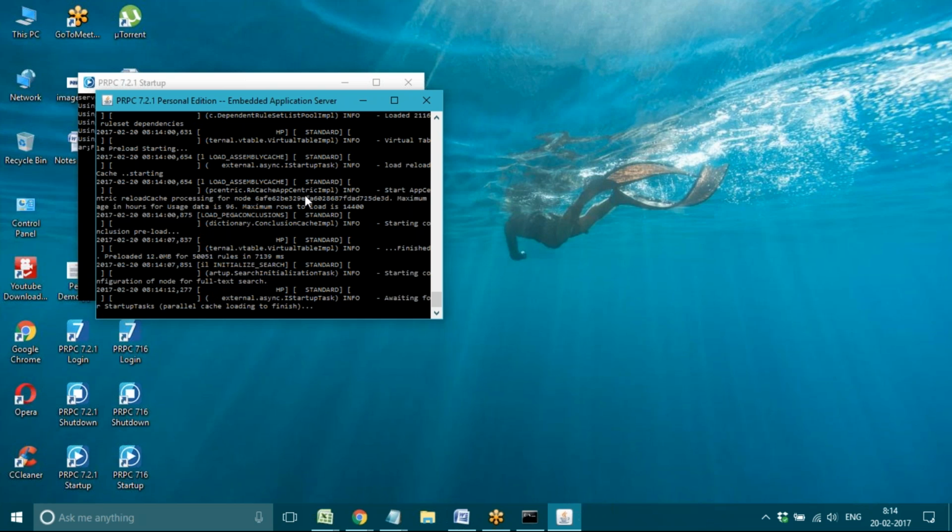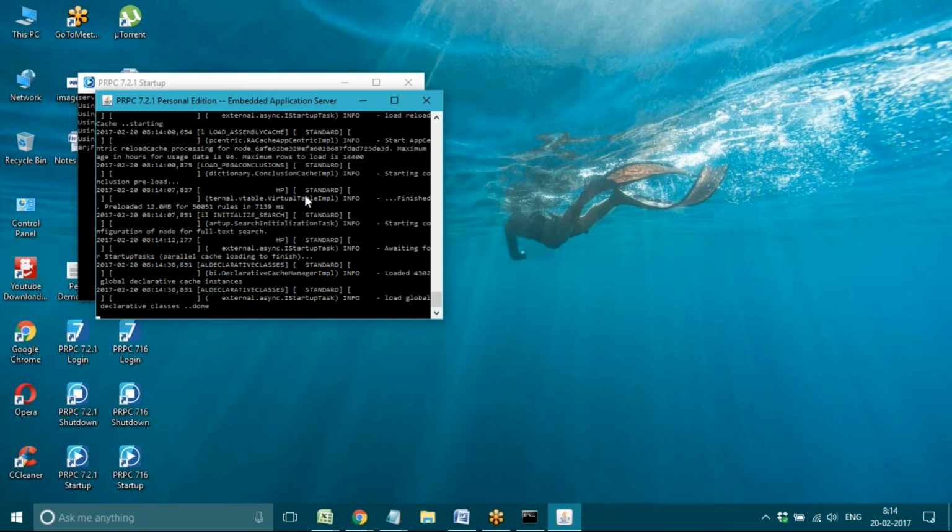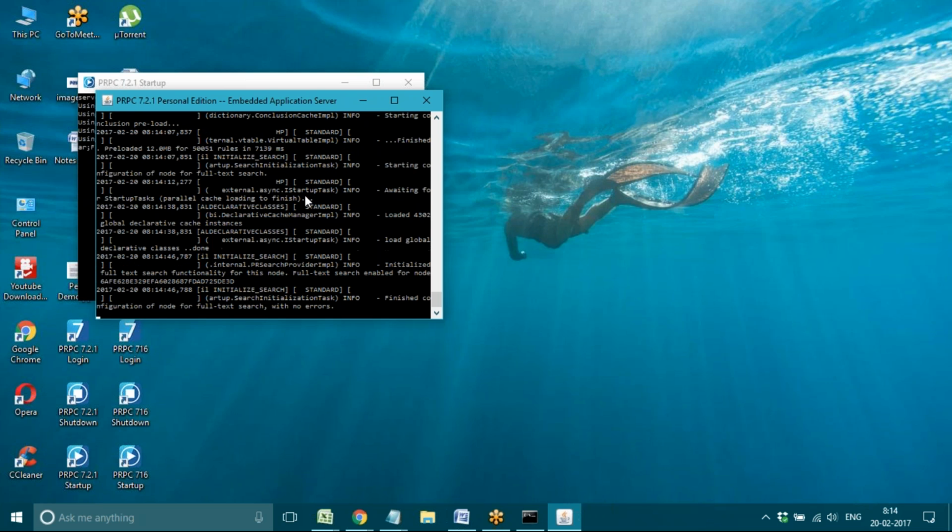Mostly the recommended browser in companies is IE. It will support all the style sheets, HTML5. Generally you can open anything related to the Pega application in the IE browser, any feature, any wizard or any tool, and it will open perfectly. So you can open in the IE browser, or if you want to use any other browser, it will also support. Once the server is loaded successfully, then we need to